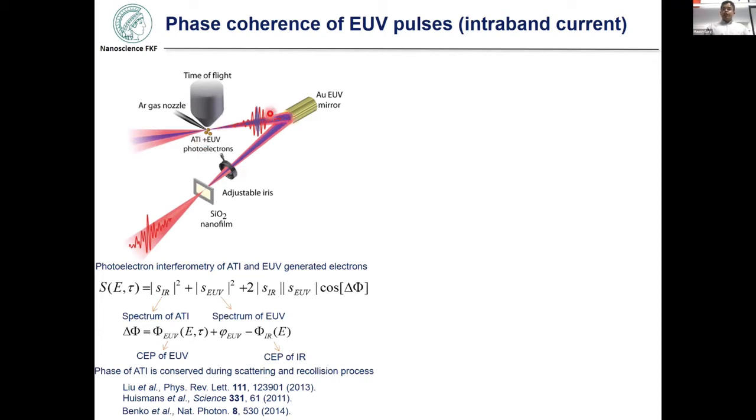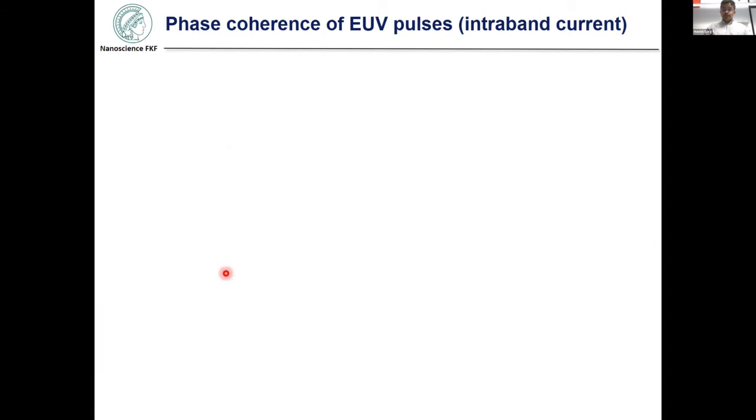So here the intensity of the optical pulse is strong enough so that we generate above threshold ionization electrons here in our time of flight spectrum, and the EUV pulse generates electrons by single photon ionization. And this is the interference that we are looking into. And now if you look into the phase of this interference, if the CEP of our laser pulses is fixed, which we know for sure is fixed in our experiment, and if you look into interference fringes, which can come from this kind of interference, and if these fringes remain static in time, this implies that we have perfect stability of our EUV pulses, the phase stability or the CEP stability of our EUV pulses.